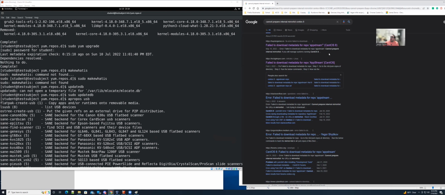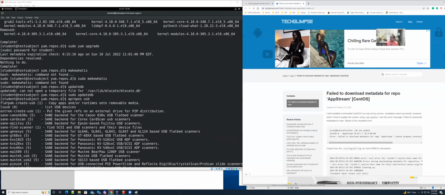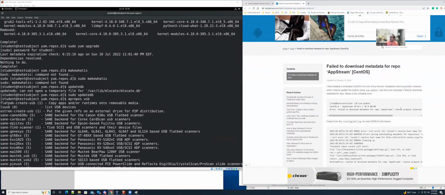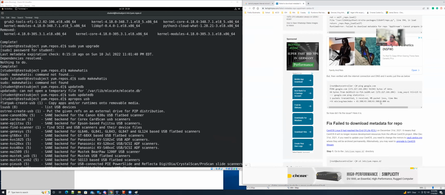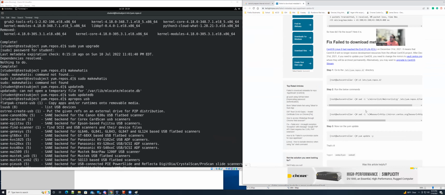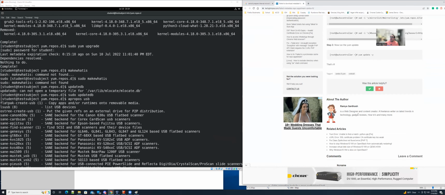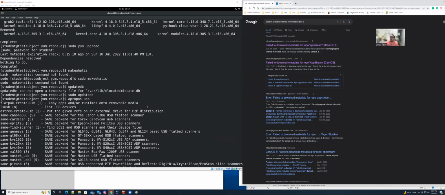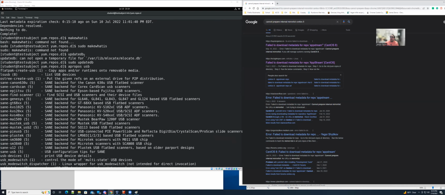So I went ahead and tried to figure out what's going on. I was able to update my systems, but it gave me some errors that I had actually updated. For the update metadata for repo upstream, I had to do some fixing and run a couple commands to fix it. And then once I did that, I was able to run this command called updatedb. So apropos